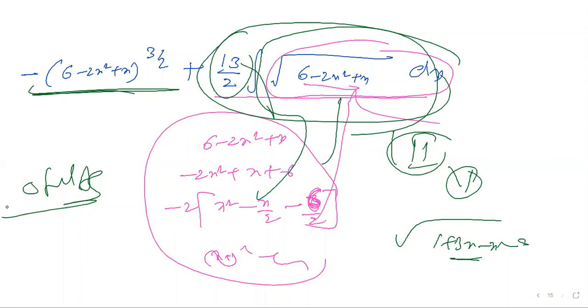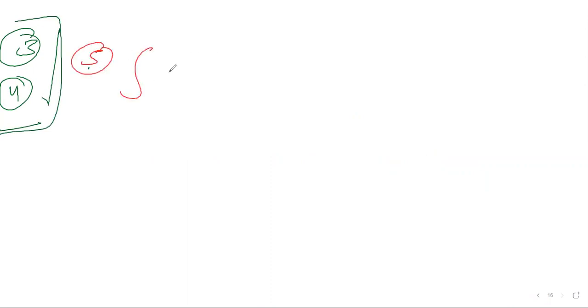Now two questions are finished. The third question is homework. Sorry, the third question I am leaving. The fourth one also I am leaving, because the third and fourth are different models. You should not mix them with this model. I am going to the fifth question. Now I'll take the fifth question, which is the same model.